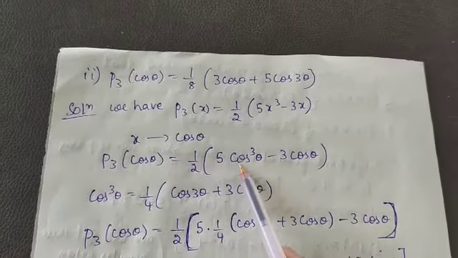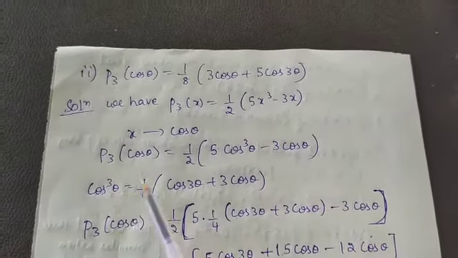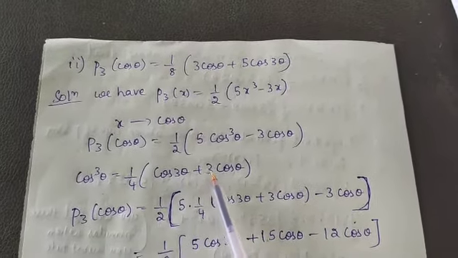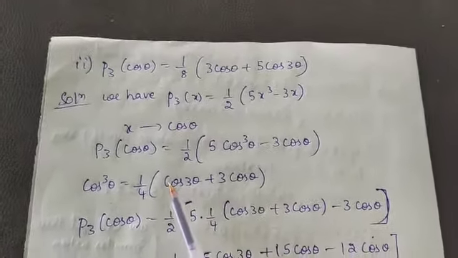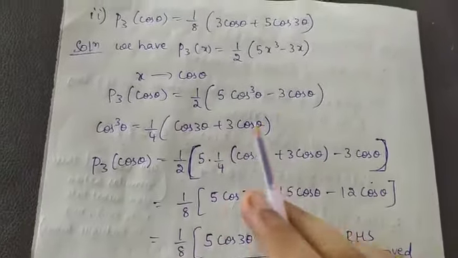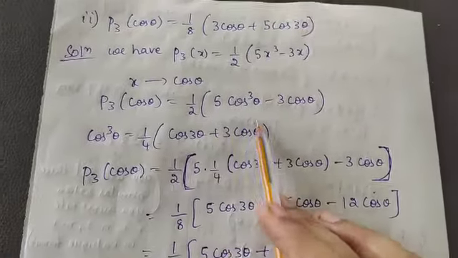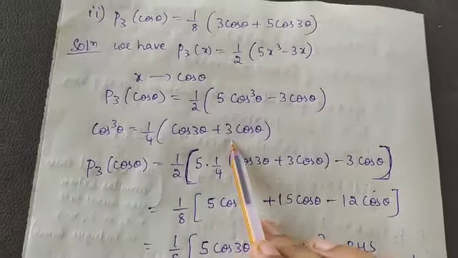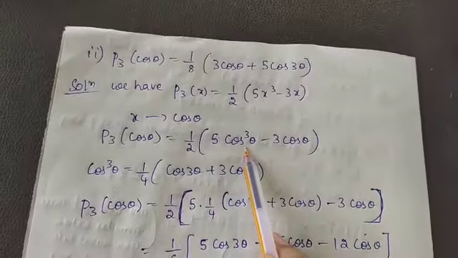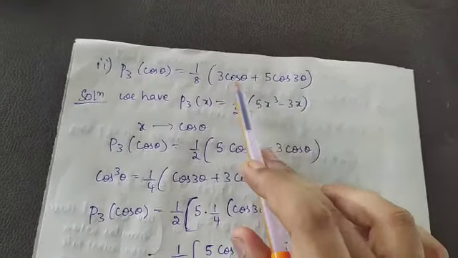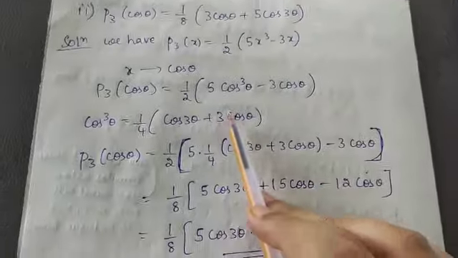But what is the formula for cos cube theta? Cos cube theta can be written as 1 by 4 times (cos 3 theta plus 3 cos theta). So these are some trigonometric identities which you already studied. If you don't know, refer to some PDF or 12th standard textbook, you will get to know. You have to substitute all these things, because if you just write cos cube theta, it does not match the RHS, and you have to prove the RHS. In order to prove the RHS, you have to make some small substitutions.